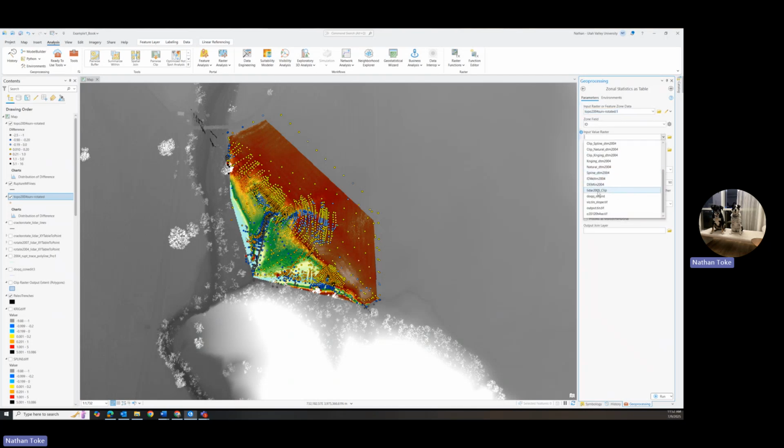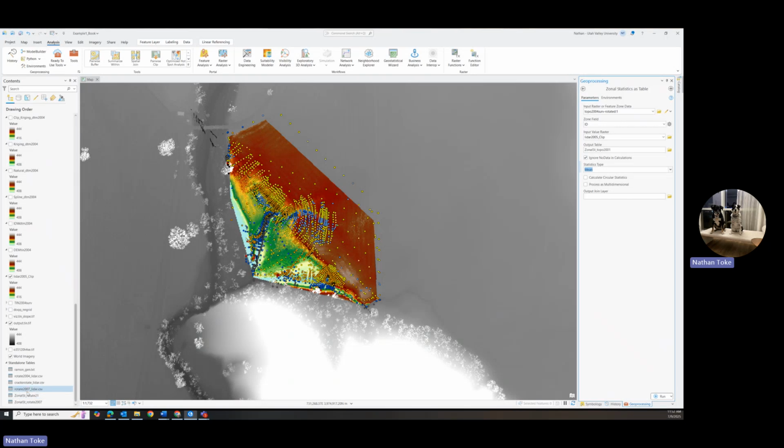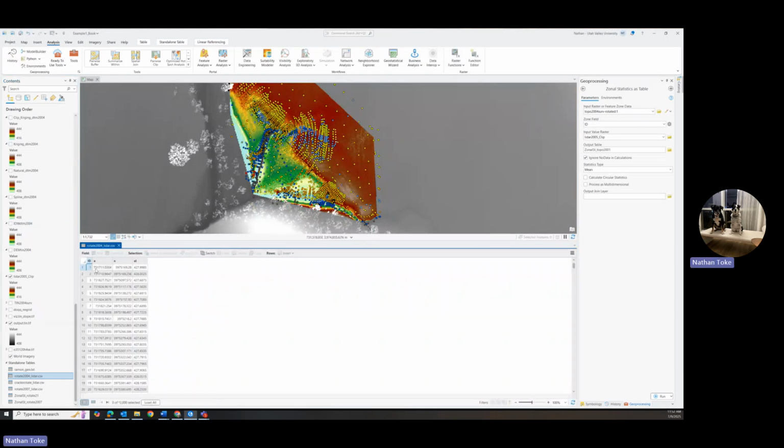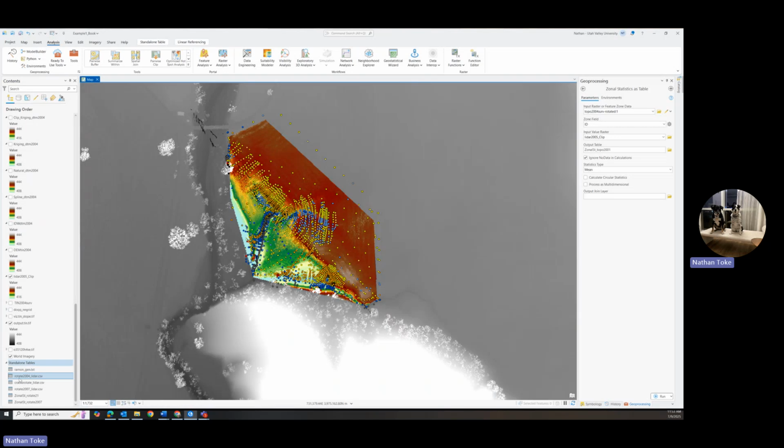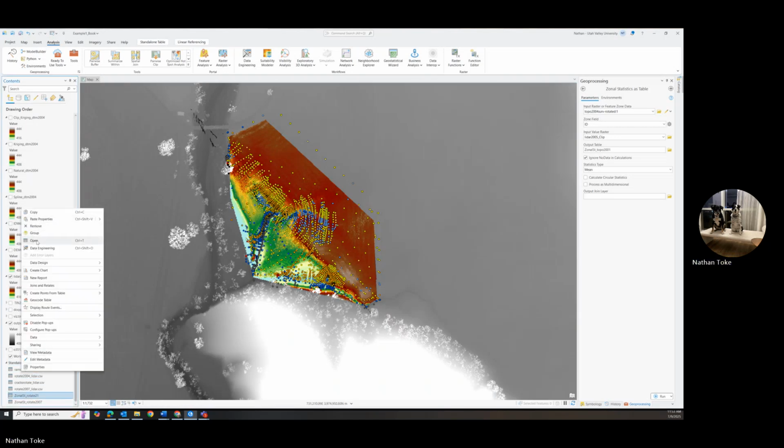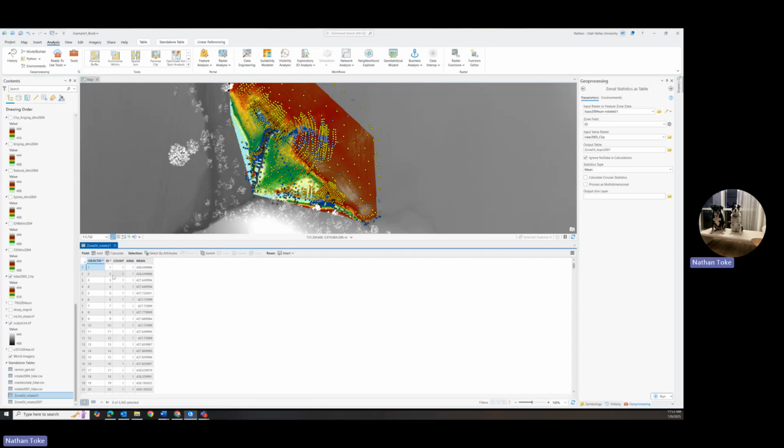And so I would have gone to the LiDAR from 2005, and I would ask for its mean elevation, but it's at a point, so it's not really a mean, it's just the elevation. I'm not going to run that now, but it saves as a table, which I have open down here, so you can see what it looks like. Here, oops, I got the wrong one open. Second, zonal statistics. Then you get the object ID, the count of pixels found within that feature, and because it's a point, it's just one, and then the value of the pixels. So you can see the mean values and those object IDs ascribed back to the original